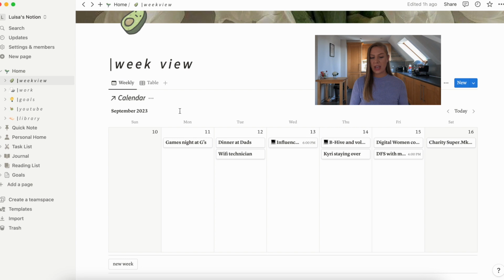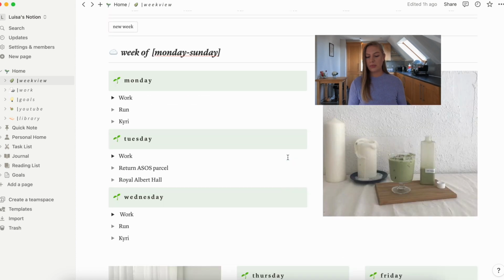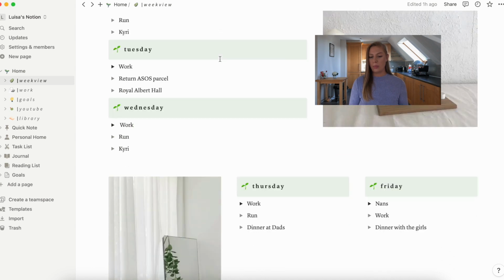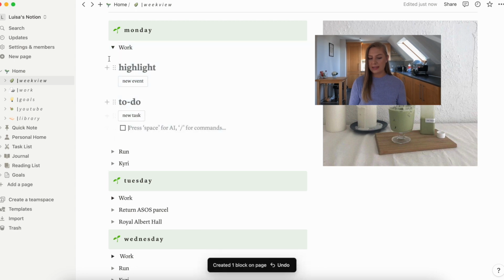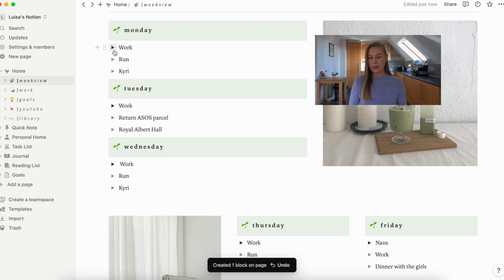You can change the calendar, you can make it monthly, weekly, but I like seeing my week ahead. So this was, for example, last week, I had my week set out. This is actually just everything personal, so not really much to do with work. If I do put anything for work, then I'll put a little laptop in the icon bit there so I know it's to do with work. And then, for example, for this week, I've got the week views that I can add into. So you can literally add toggles, you can add to-do lists. There's so much you can do with Notion.